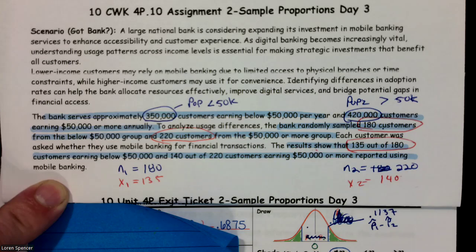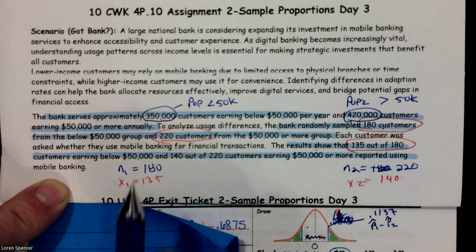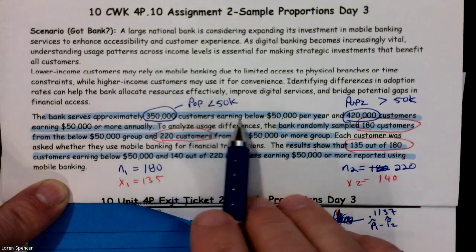Lower income customers may rely on mobile banking due to limited access to physical branches or time constraints, while higher income customers may use it for convenience. Identifying differences in adoption rates can help the bank allocate resources effectively, improve digital services, and bridge potential gaps in financial access. The bank serves approximately 350,000 customers earning below